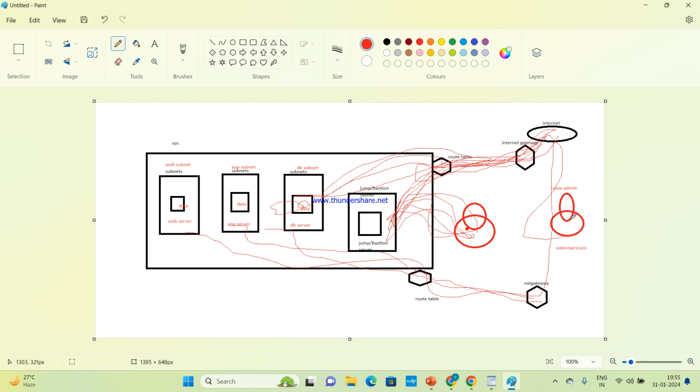For that they'll use a NAT gateway. They cannot use direct internet. If they use direct internet for update, then the internet is vulnerable and anyone can hack. So they will use a NAT gateway, which provides indirect internet connection. How do they use a NAT gateway? They create a NAT gateway, they'll create a route table, and they'll launch the servers in private subnets, so they don't get public IPs.